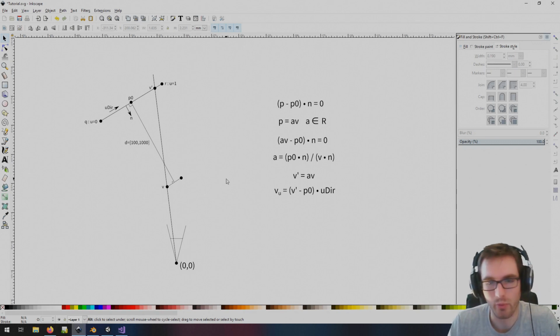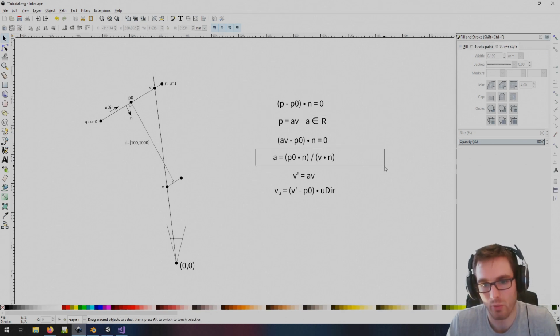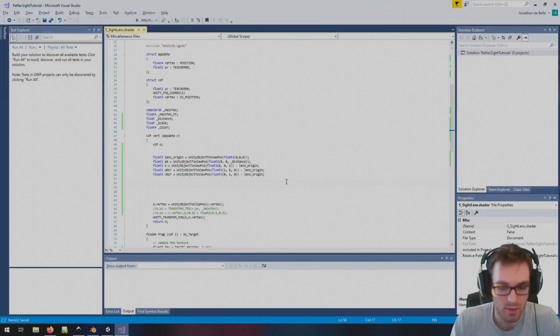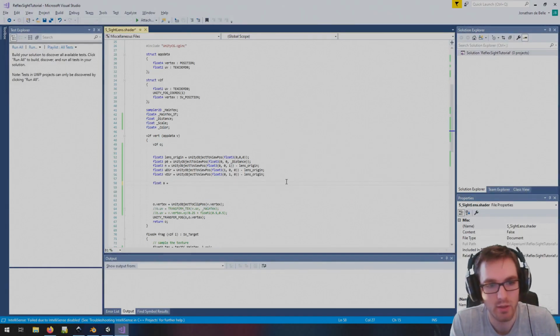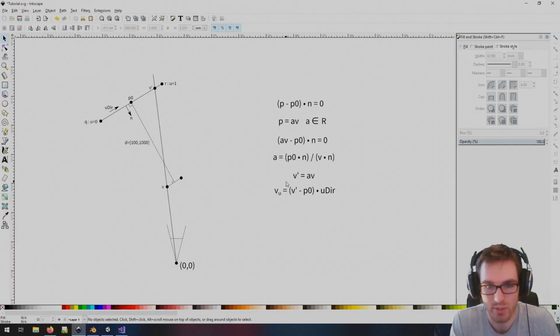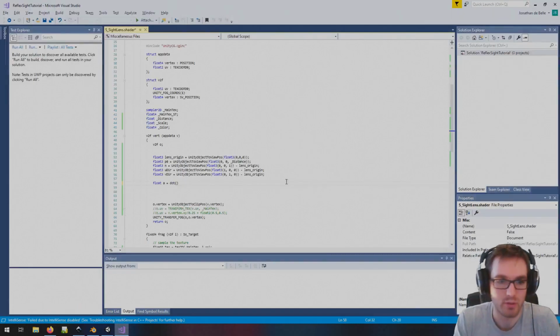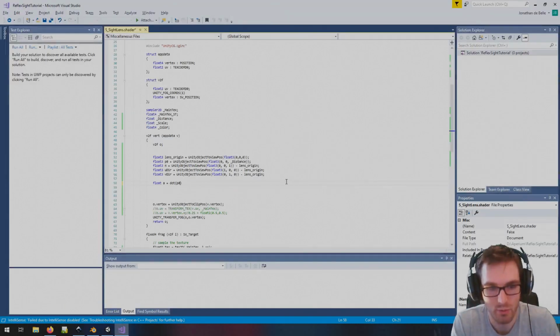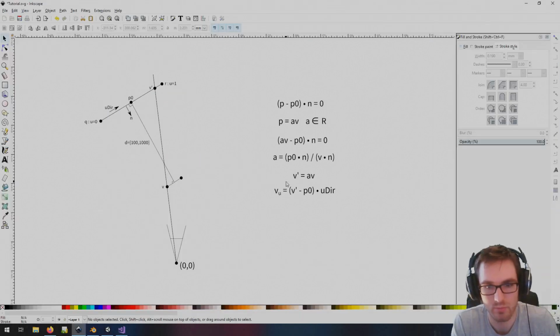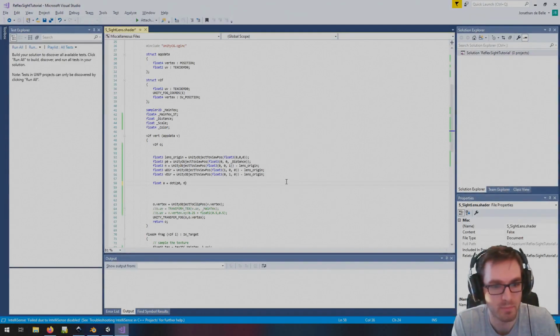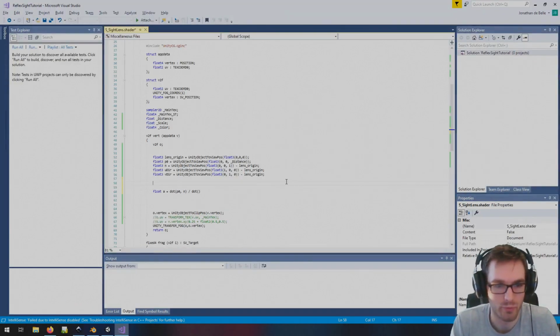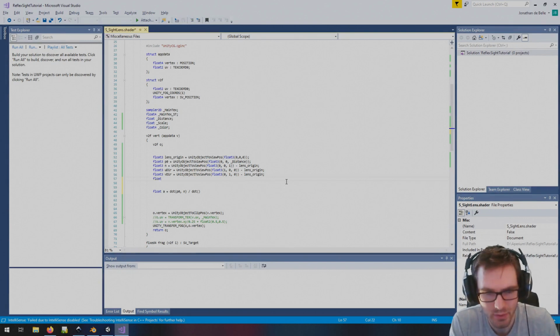And we're at the point now where we will be going down this formula and implementing it. So the first line we actually need to implement is this one here. So float a is equal to, so float is a scalar, the dot product of, in this case, p0 and n. And we are going to be dividing that by the dot product of v. So for getting a line over here, so float 3